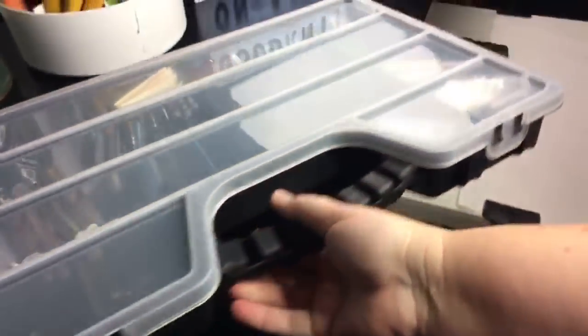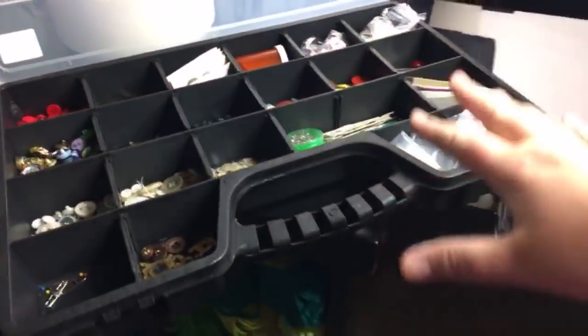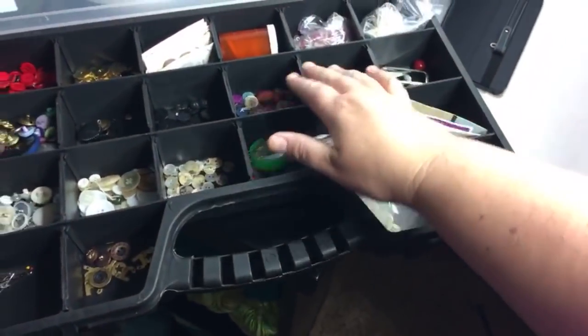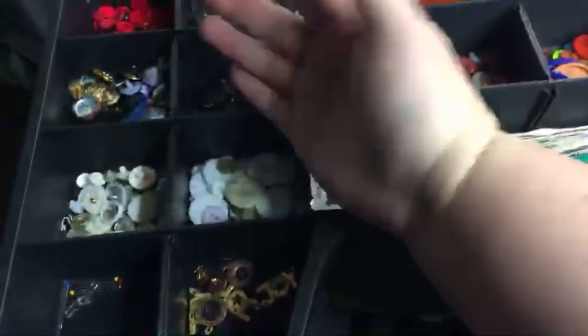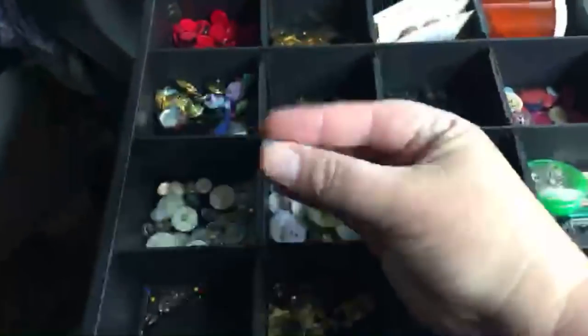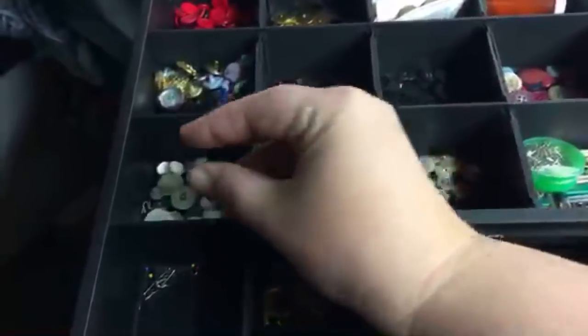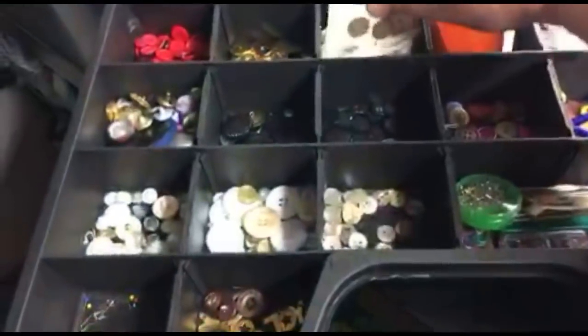And then this is my box of buttons and other notions. Most of these are my grandmother's buttons. Just a few of the bins are my buttons. And then I have beads too. So look at all these things together. And then these are the ones that have this kind of backing on it. This is an old fabric button. This is actually satin. And then I've got these shell ones, and then the ones that are still even on